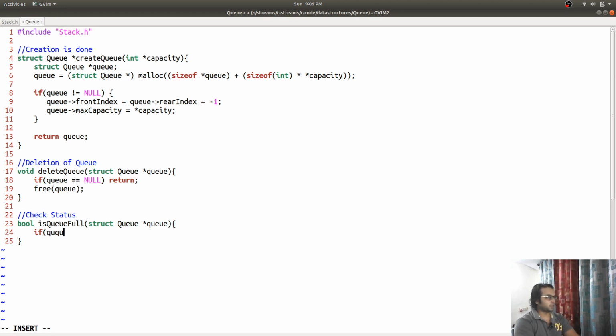If queue is equal to null, what should we return over here? It is true or false. Return true, so that the user shouldn't put any value in it. That condition should fail, and otherwise we are going to return queue